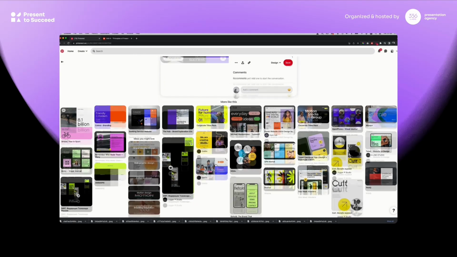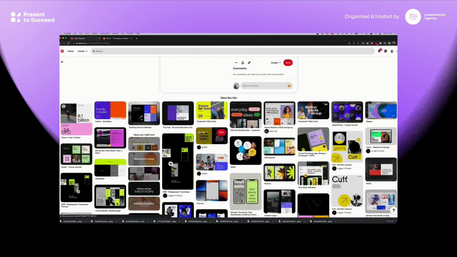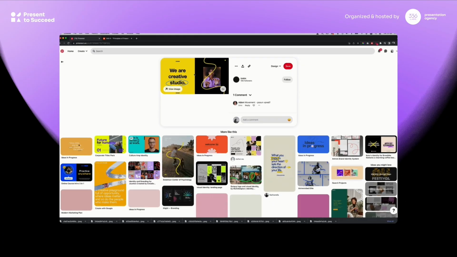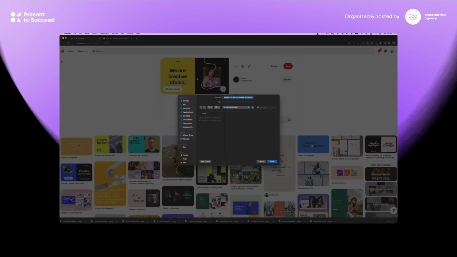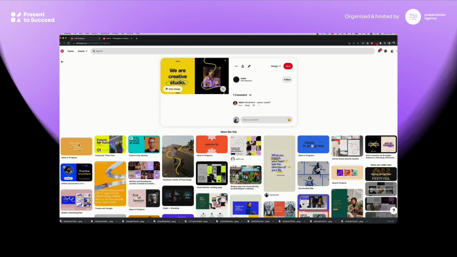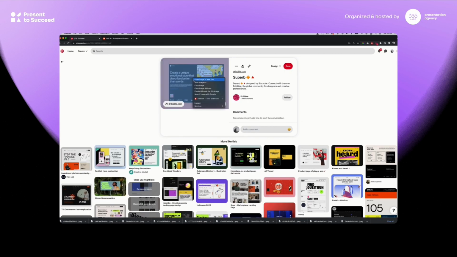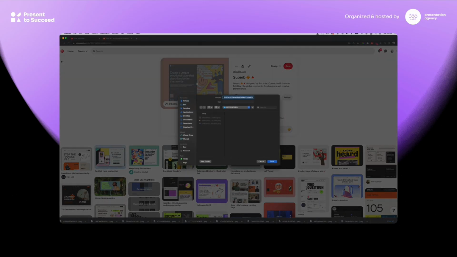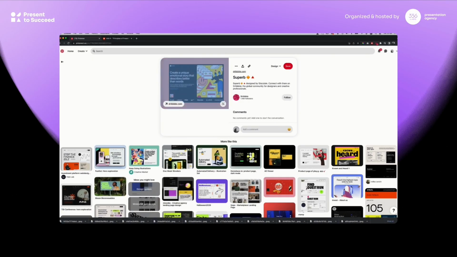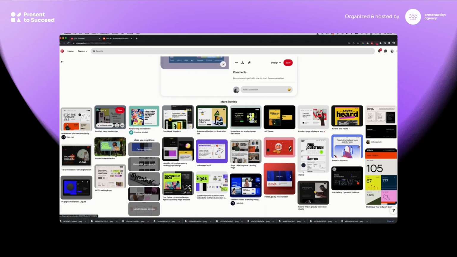So for example, we were saving dark images, dark backgrounds with white typography. And then maybe you end up, after all this loop, you end up saving also lighter images with softer colors. It's OK. Right now, this step is more about collecting and not so much about selecting.